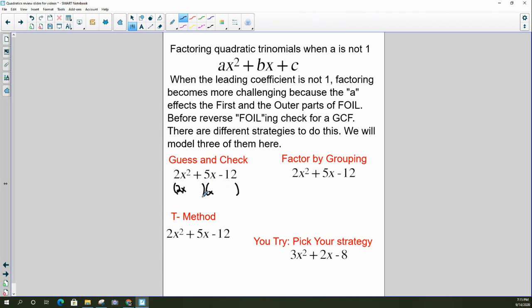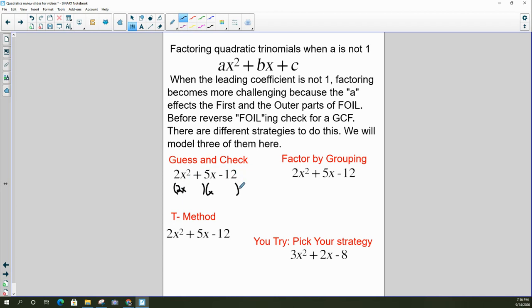Is it 1 and 12? Is it 2 and 6? Is it 3 and 4? Does the 4 go there? Does the 3 go there? So for this one, that's why we call it guess and check. The more you can do in your head with the multiplication and adding, the better we